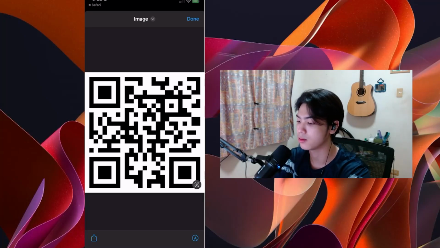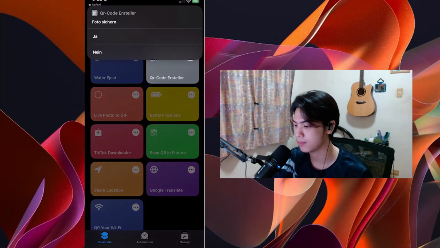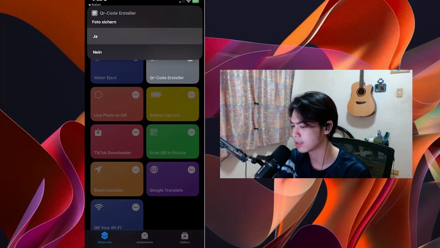But it also auto saves it on my Photos app. Actually, I don't understand this. It didn't ask me. I think this is saving the photo. I think yes means yes. So I'm just gonna press yes. And then